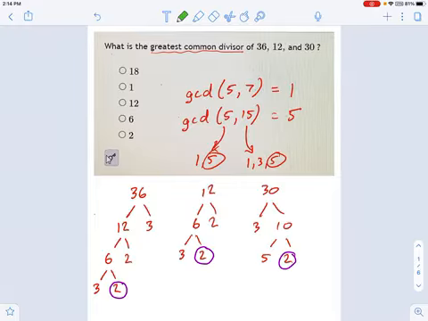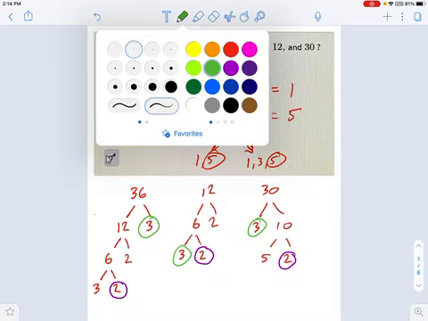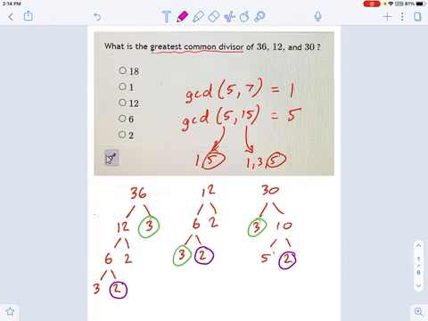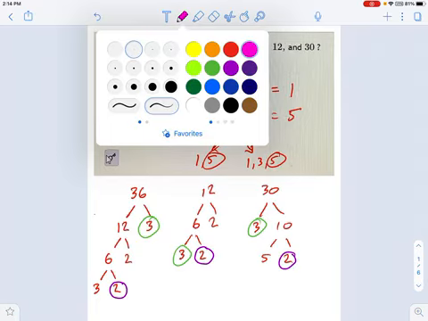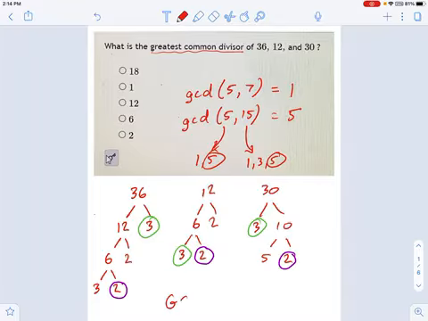We're going to have to do something else. How about a factor of 3? Well, here's 1, 3, 3, and 3. They all have a factor of 3. And now if you look for any more factors, you're going to come up a little short, right? I've got a factor of 5 right here. That's nice, but there's no more 5s anywhere else. So we are done finding common factors, and we would say then that the GCD of these 3 numbers, 36, 12, and 30, is simply going to be 2 times 3. Okay, or in other words, 6.